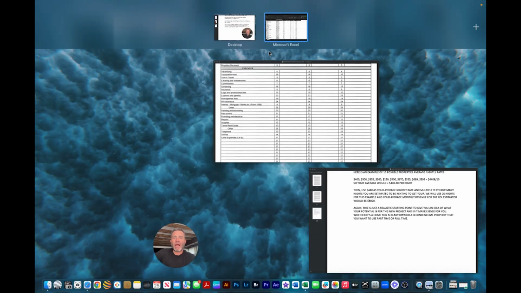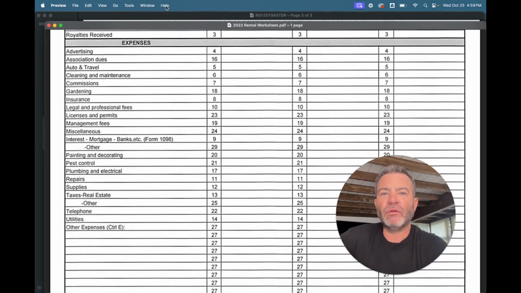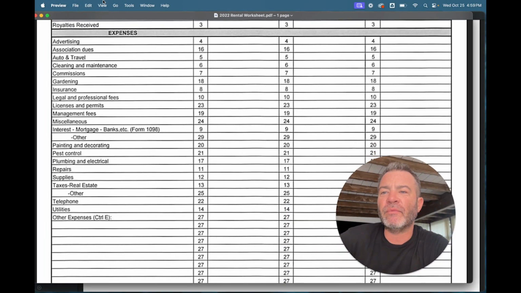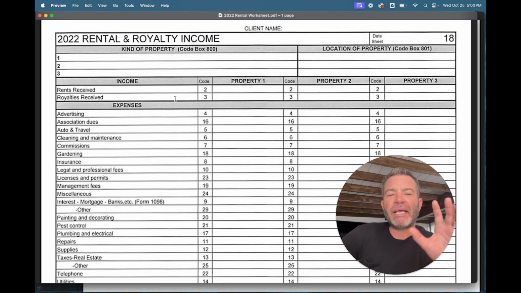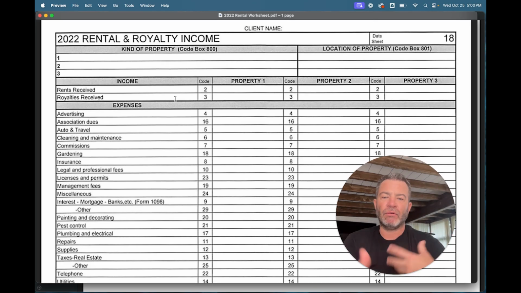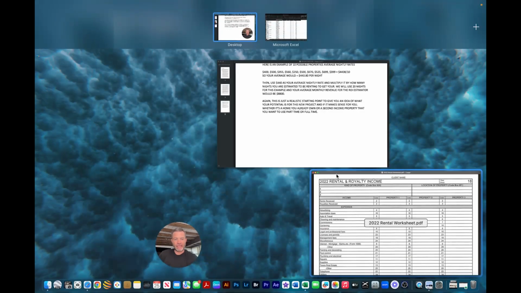So to wrap this up, I'm going to go to this final little form here, and this is from my CPA. I've used him for about 20 years here in Los Angeles, and this is basically what he uses, his built-in tax forms that he fills out. It has multiple properties and all this stuff. I actually have a spreadsheet for this too, but this is more for you to go to your CPA and figure out how you can take this